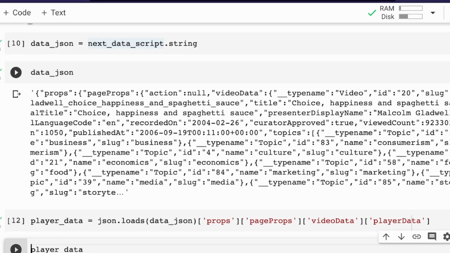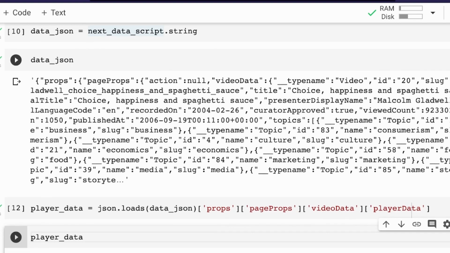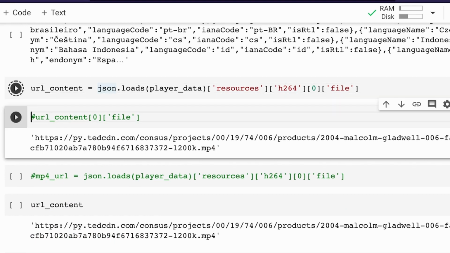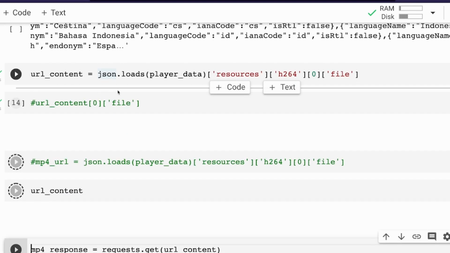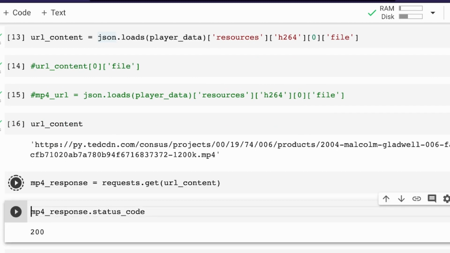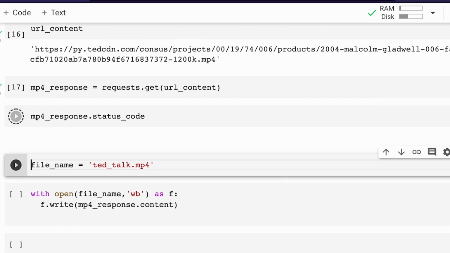Then parse the JSON to get the player data, which has got the MP4 content, and display the player data if you want, and then find the exact URL and print the URL for reference so that you have actually got the URL. Then get the video content itself, like download the video content, and check the status code so that you make sure that the video has been